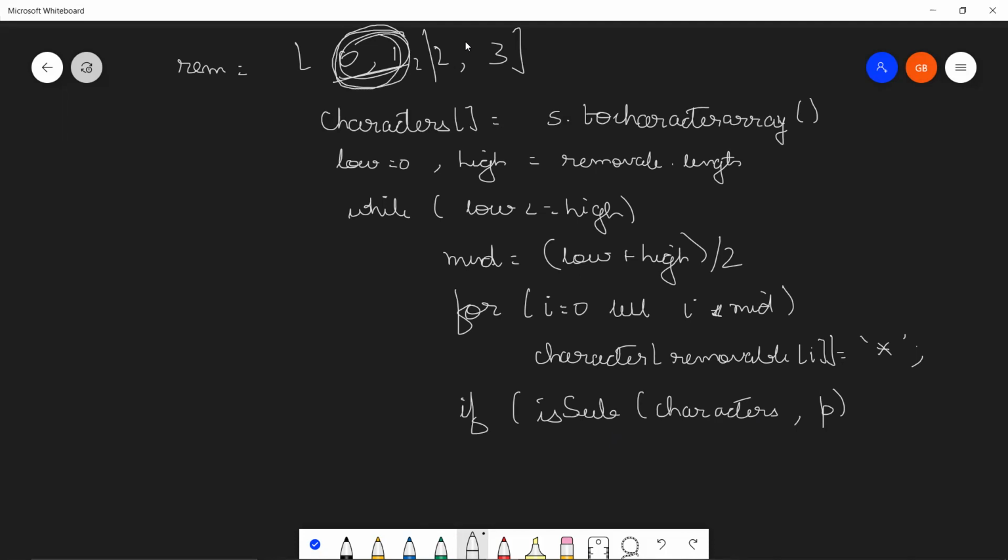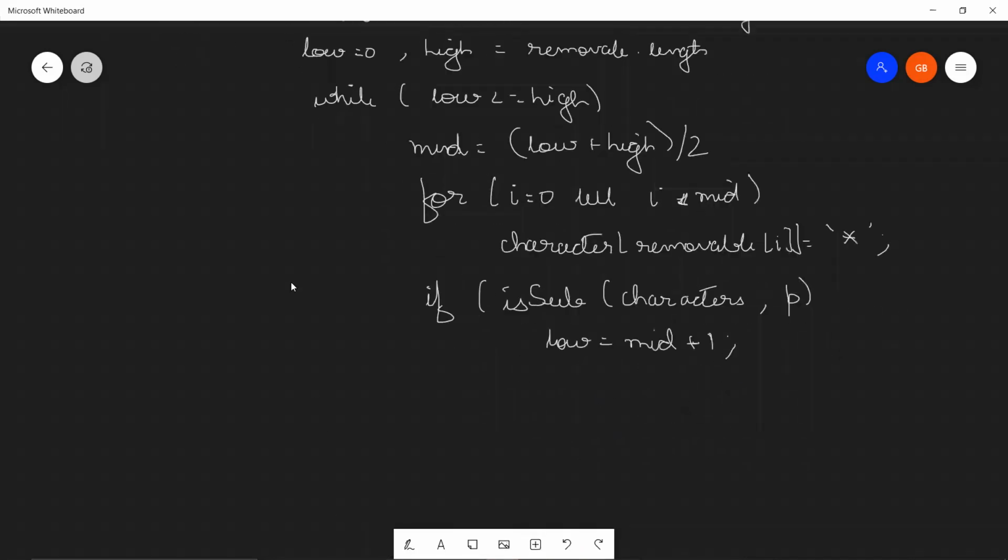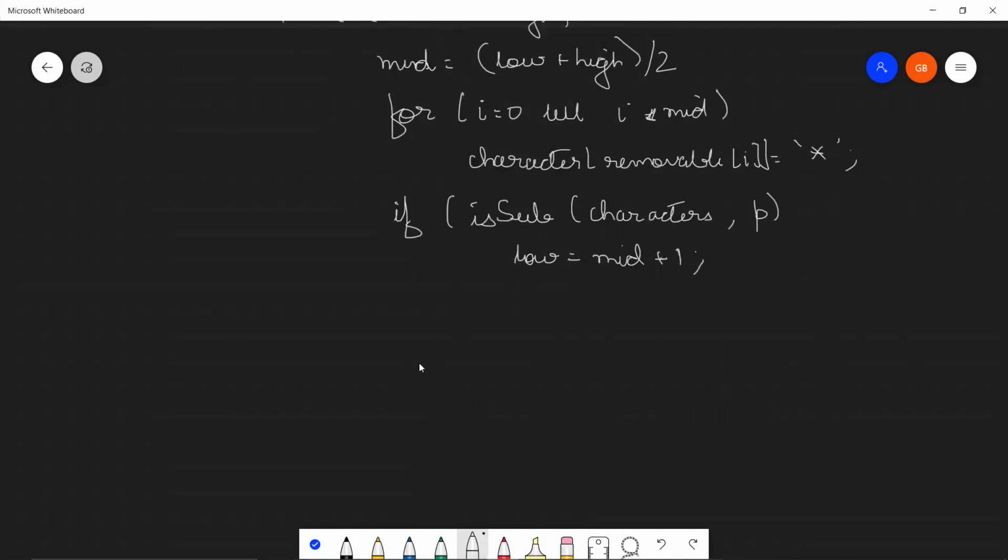So maybe my answer actually lies in the second half of the array, which means my low will be changed. Low will now become mid plus one. Simple binary search. Okay, I need to shift a little below. If this does not happen, right?